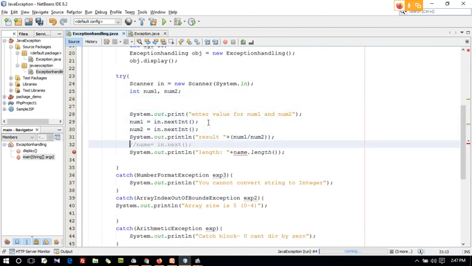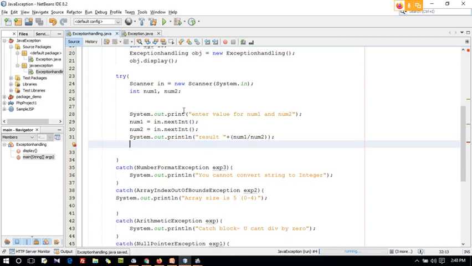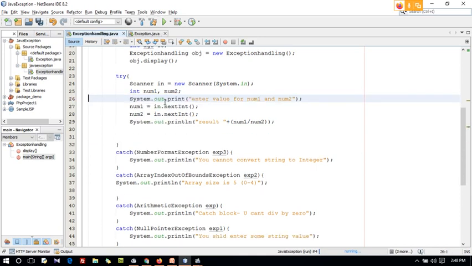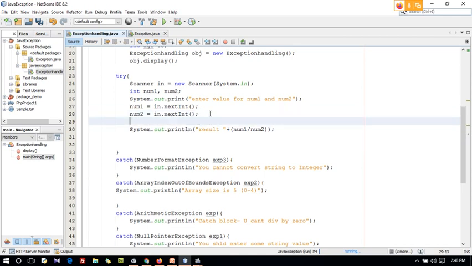So next, in string I'm not going to get everything for this. So guys, I'm just going to get some numbers, so it will divide. I'm just going to check whether 0 is entered. I'm just going to use that same example, num1 divided by num2. If any user enters 0, I forcefully throw some error. For that I am going to use the throw keyword.